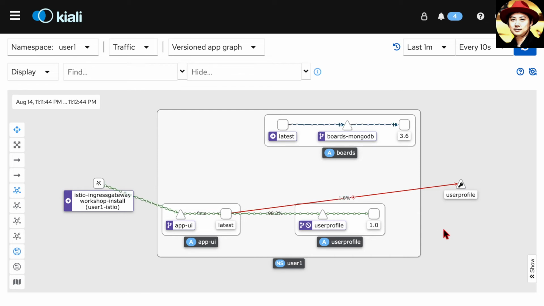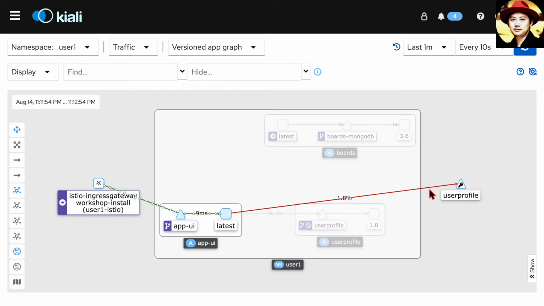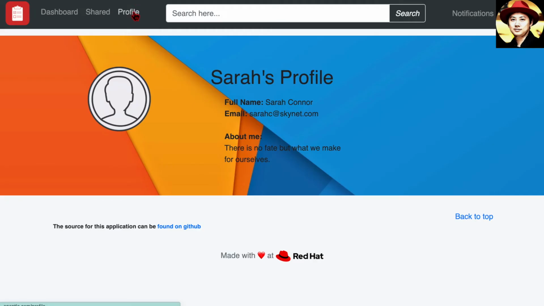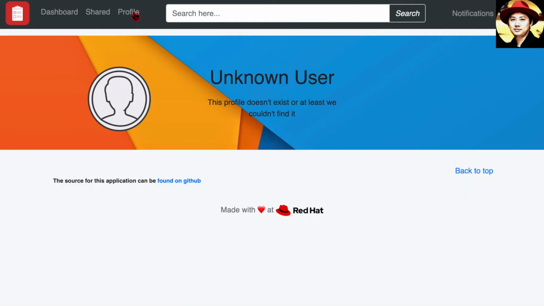From the graph, you can see some traffic slowly going into showing the error, which is returning 503. If we look at our application, we will sometimes hit an error because the user profile service is not available and it is showing unknown user.